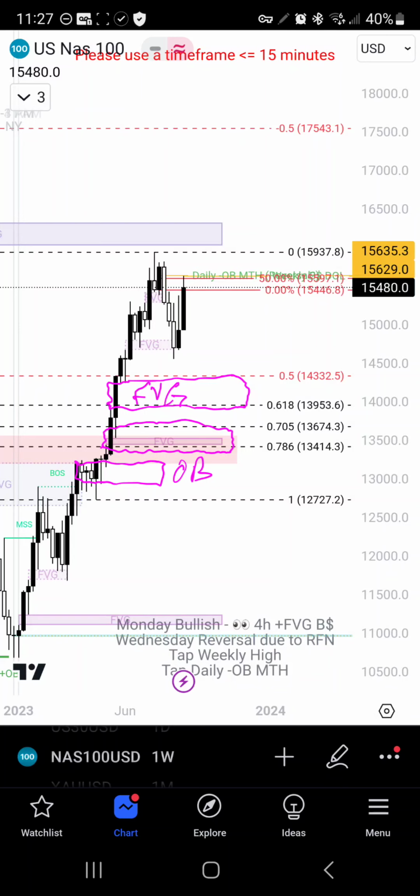All right. So if I can drop down to the lower time frames and time that reversal just right, or wait for the reversal to take place, wait for a pullback, man, you're talking about an awesome swing trade, at least down into this FVG right here, right? So that is going to be my bias, guys.